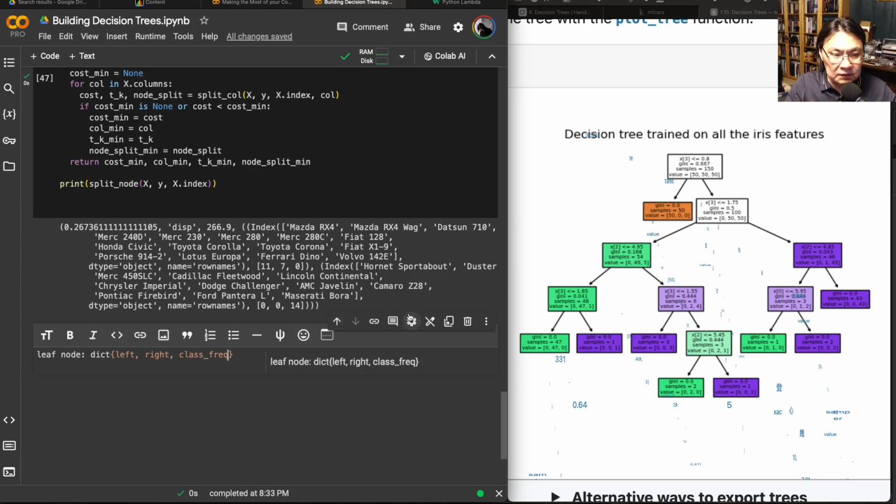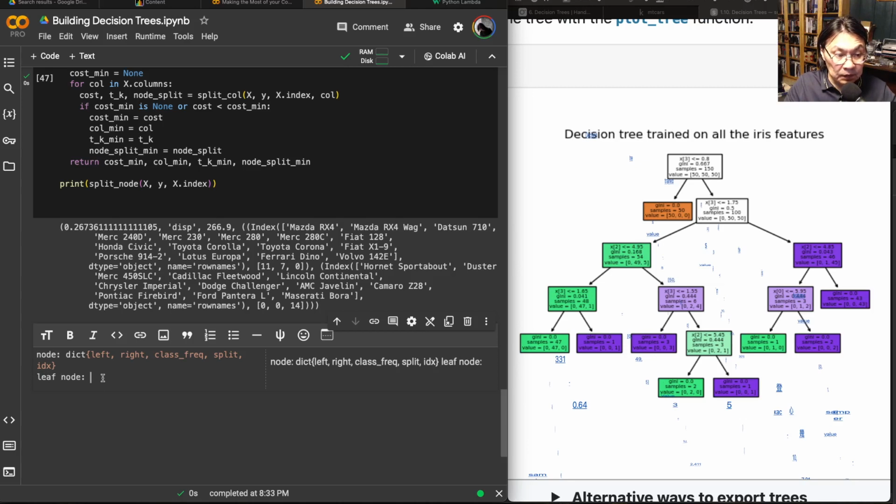So I have the class frequencies, and then I'll have the split. By split, I mean how do we split it, right? So let's call it split. Okay, whatever, split. And then the final one will be indices, right? So indices of this leaf node. So if it's not a leaf node, if it's a normal node, then I could do the following. I'll have the same dictionary, like this: left, right. So why don't we say it's a node, right? So the node is like this, but if it's a leaf node,